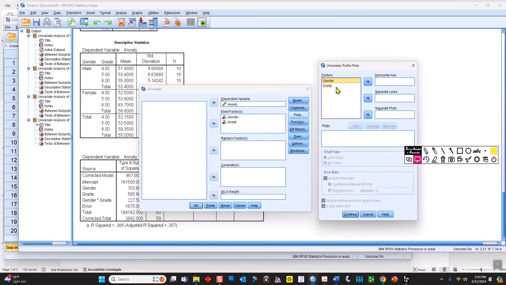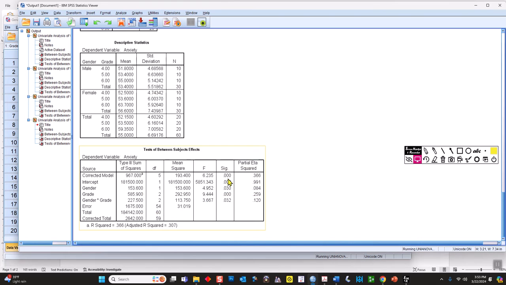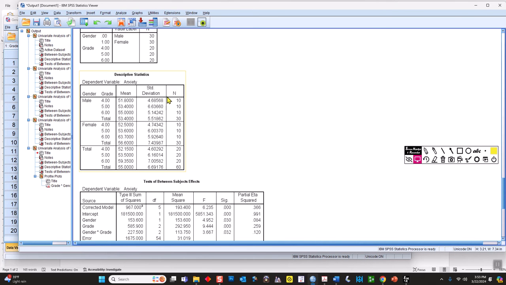and I'm going to take whichever of these variables I want to be in the columns and put that into horizontal axis, and gender goes into separate lines. I want one line for male and one line for female. Click Add, and I'll just use the default settings here for the line chart. I don't think I need error bars, but you know, why not? We can take a look at that, and if it gets too messy, we can take those out and run it again. So let's hit continue and OK,